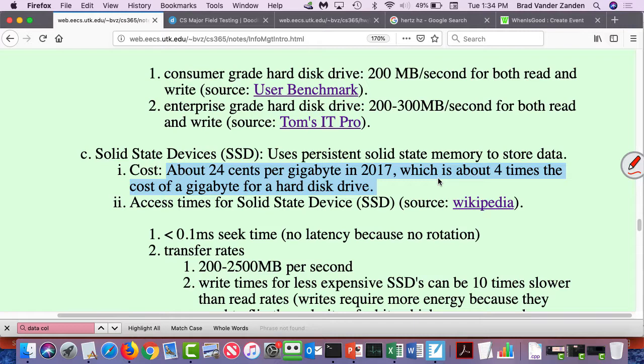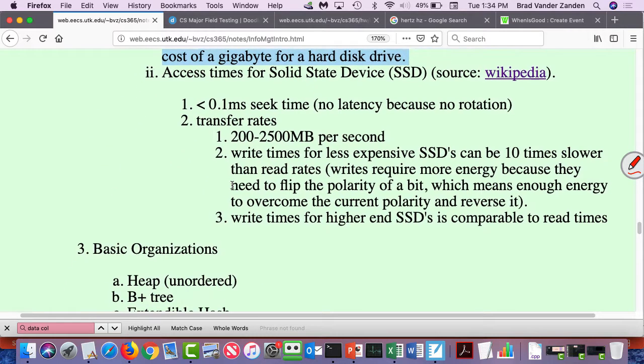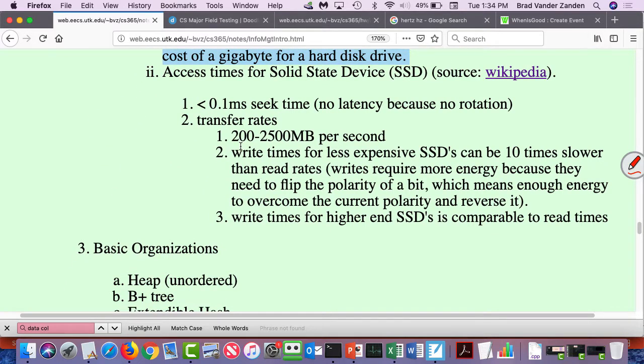I'm sure that enterprise is more expensive than your laptop, and I forget now, I didn't reference where I got this information, so just in general, it's about 4 times greater right now than for a hard disk drive. It'll come down. Okay, one thing you should know about SSDs, for the cheap ones in your laptops, write times